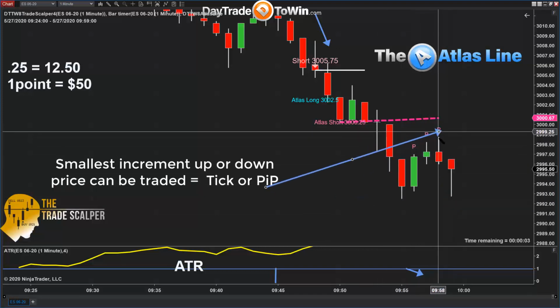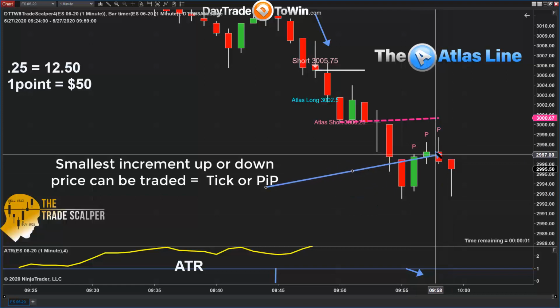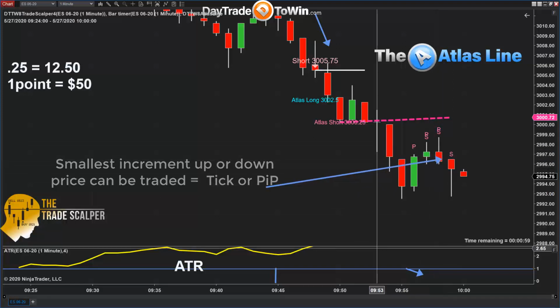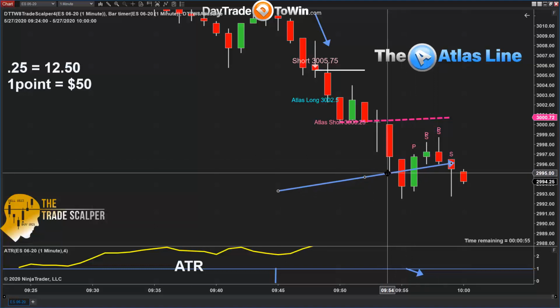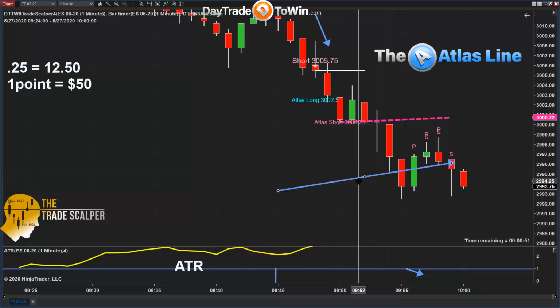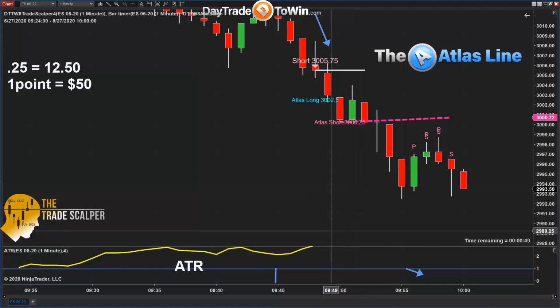So when these P's plot, this candle will be the entry to go short. And now you see an S here. So this is called a strength trade. And this signal is now telling me that there's strength in the market to the short side. I should be a seller. Now the S doesn't mean sell. The S means strength.